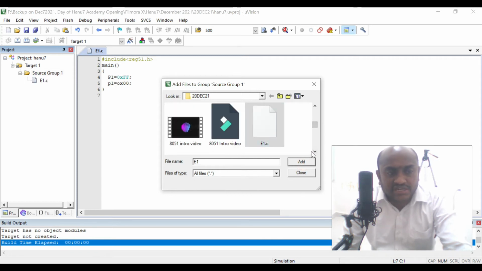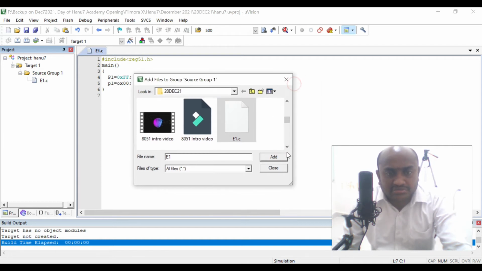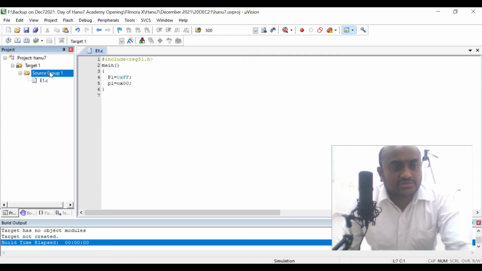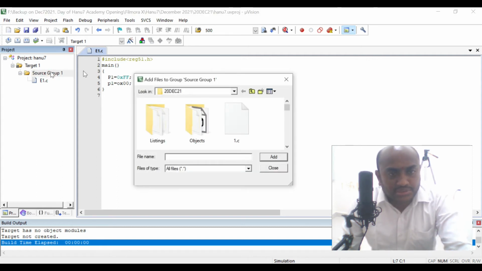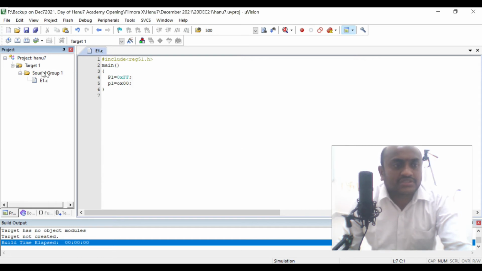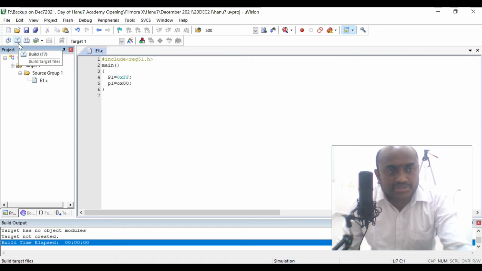Add it. Click add only once. If you add it again, it will show you some error. So right click or double click on the source group, select your file, and then add it. Close, then close. Now you go to the same option, build target.